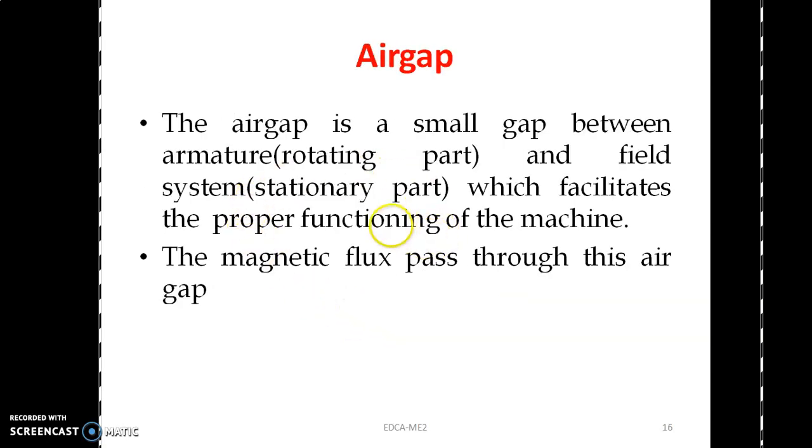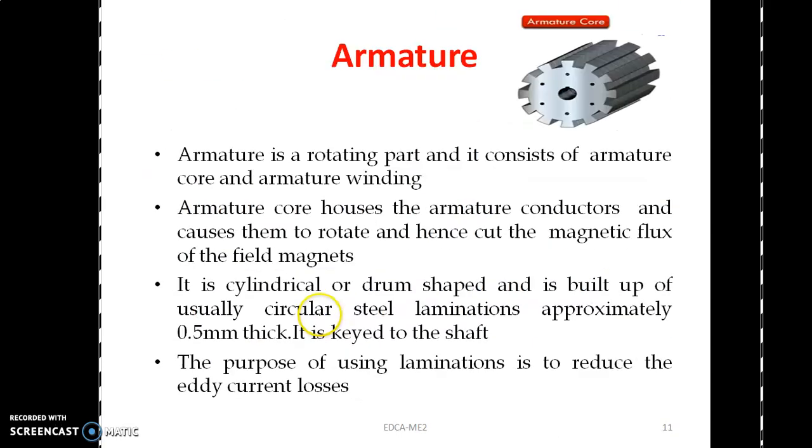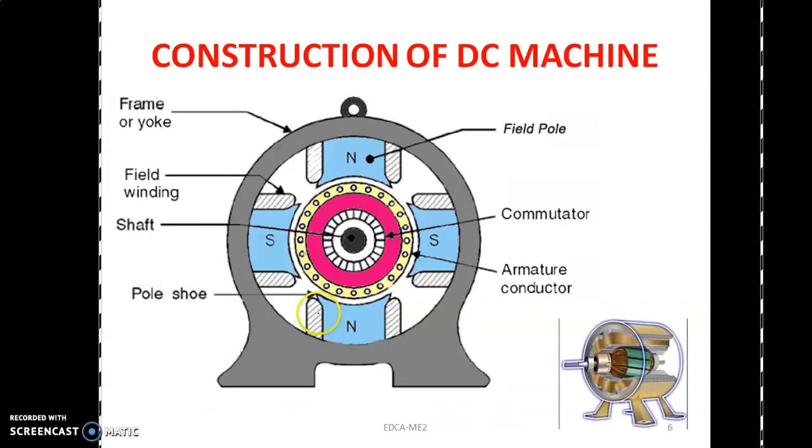Next, air gap. Air gap is a small gap between armature, that is the rotating part, and field system, that is the stationary part. See here. See, there is a small gap, air gap is there. This is the field system and this is the armature. In between that a small gap is there. That gap is called air gap. Fluxes produced in the field system cross the air gap and reach the armature. When the armature rotates,